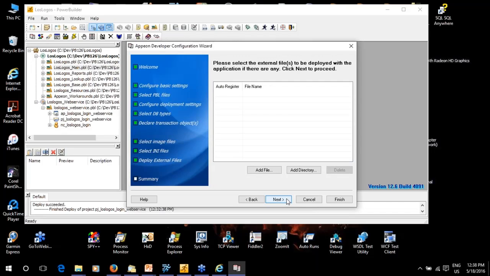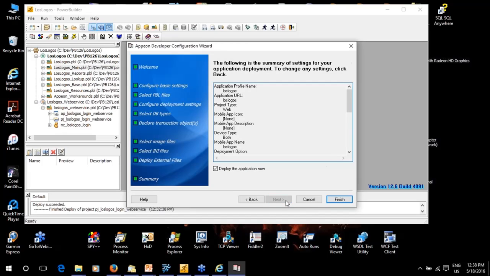That's really neat. Do you have any external DLLs that you need to do? There, add files, things like that. I'll register them. These can also be .NET DLLs. They don't just have to be C DLLs. Right? It'll handle both. I don't have any in this particular application, so I'm just going to skip that and